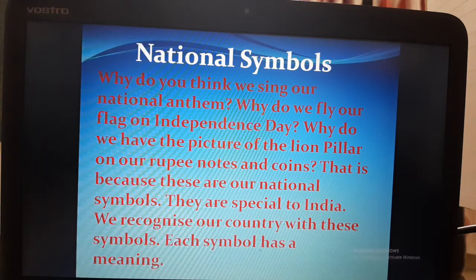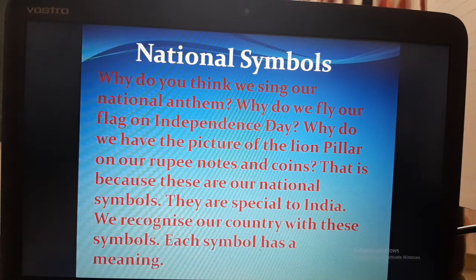Our national symbols are chosen from things that are special to India. Okay students, let's start. Let's learn more about national symbols.